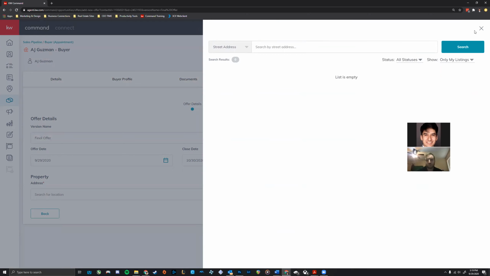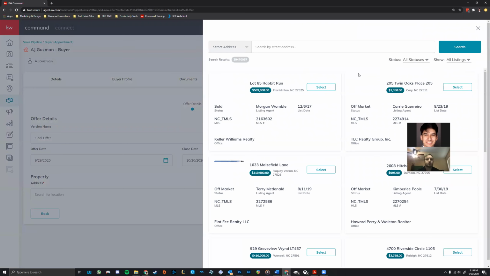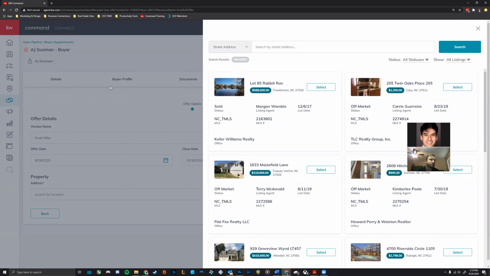Now, when you select from the KWLS here, it's looking for active listings on the MLS. So it's also going to search, from as soon as you open that, only your listings. So I do recommend switching to all listings, because most likely the buyer listing that you're looking for, if you're working with buyers, is not going to be your own listing. So yeah, I'm not sure why it defaults to that. It's easier to use the other search anyways,